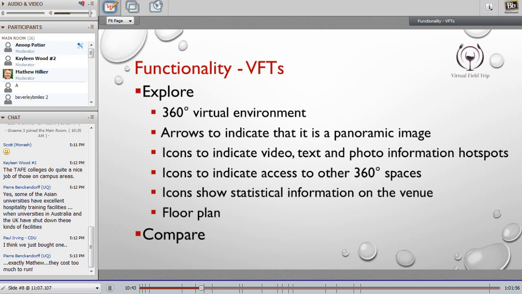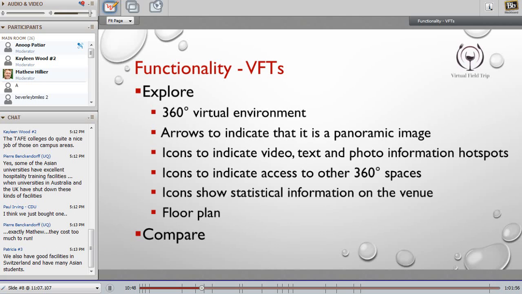Some of these hotels came a bit late on board and are not ready at this stage, but they are presently being developed.